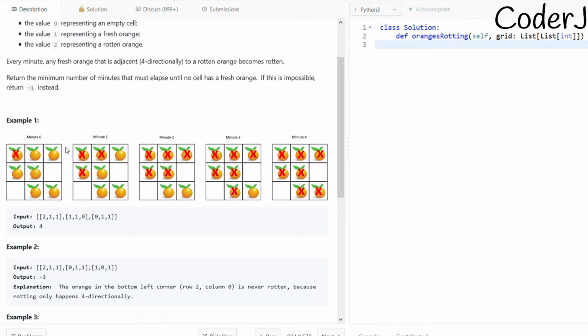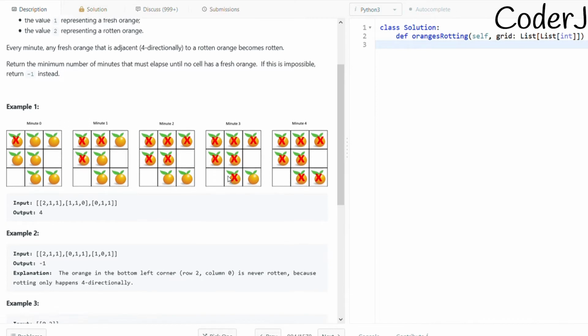This was the initial state of the grid. Initially we only had one rotten orange. After 1 minute, it spread its rotten state and converted this orange and this orange into a rotten form. After 1 minute they spread to their neighbors, so think of it like Corona also. This acted like a chain reaction, and at the end of 4 minutes, all the fresh oranges are now in the rotten state.